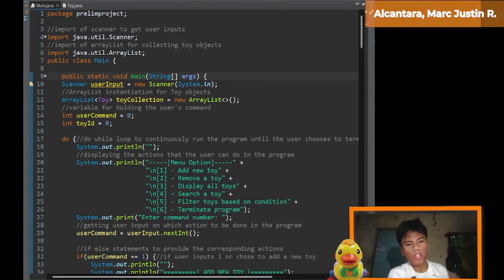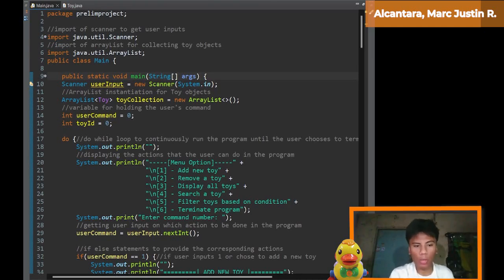So thank you for watching our presentation on the toy collection management system using Java. In this presentation, we covered every aspect of our project. I provided an overview of the system, its key functionalities, and the initial setup in main.java, including our import statements, class declaration, and also the variable initialization. Then Josh walked through line by line how the program collects a toy's details and creates a toy object, ensuring that each toy receives a unique ID.